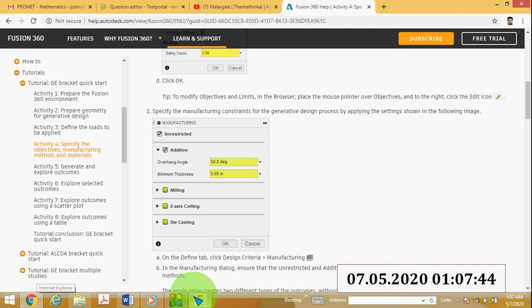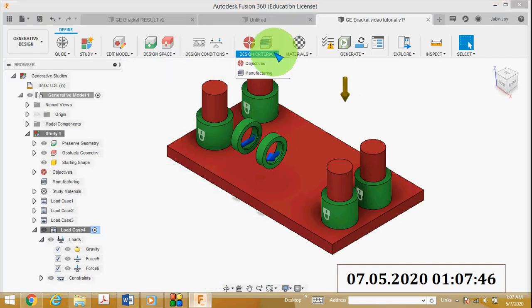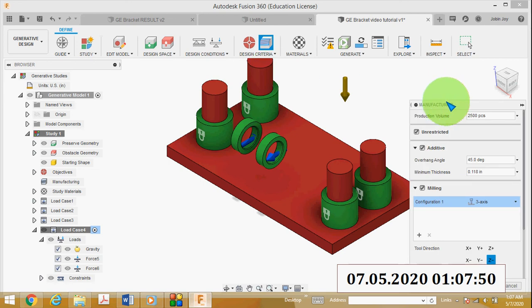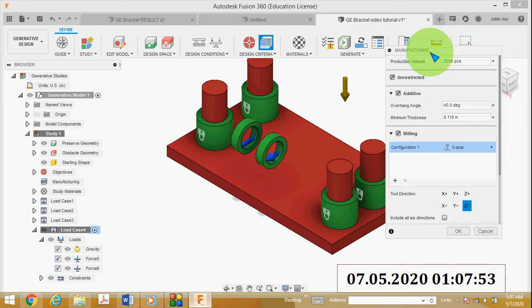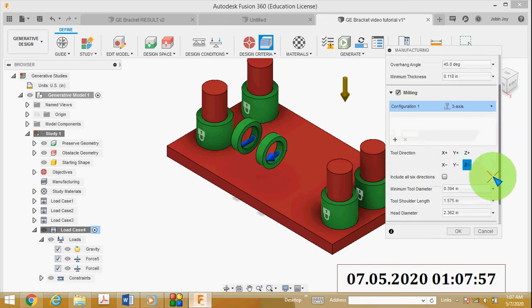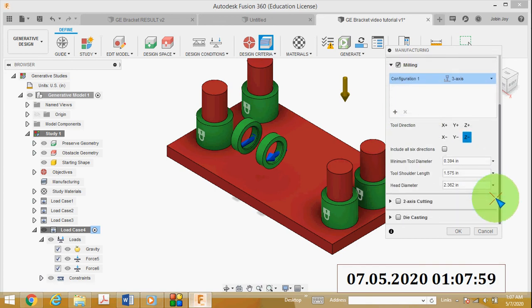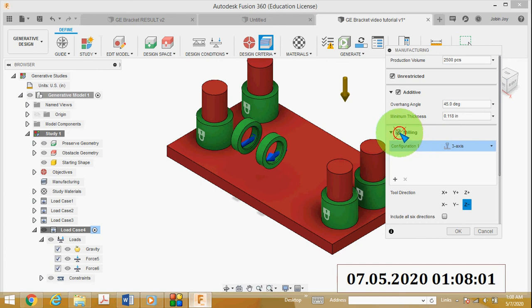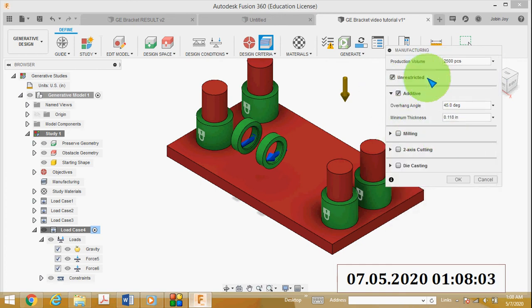Then next are the manufacturing constraints. Check this design criteria, then click manufacturing. You can see unrestricted, additive, milling, 2-axis cutting, die casting, etc. Here I will uncheck milling, and check unrestricted and additive.